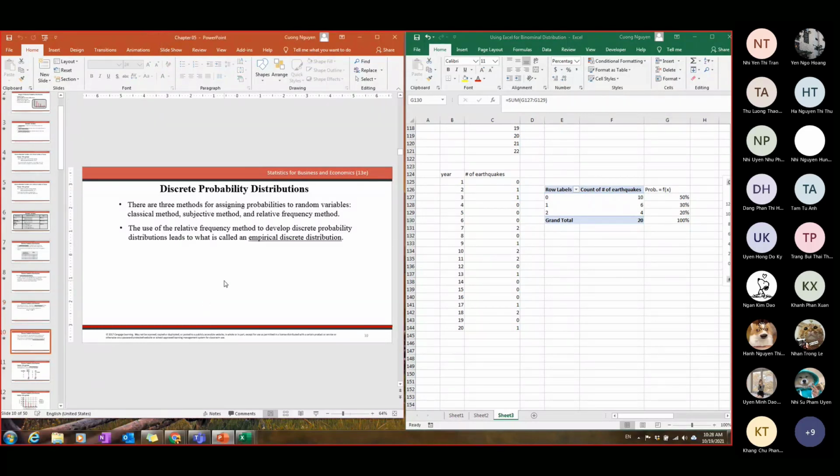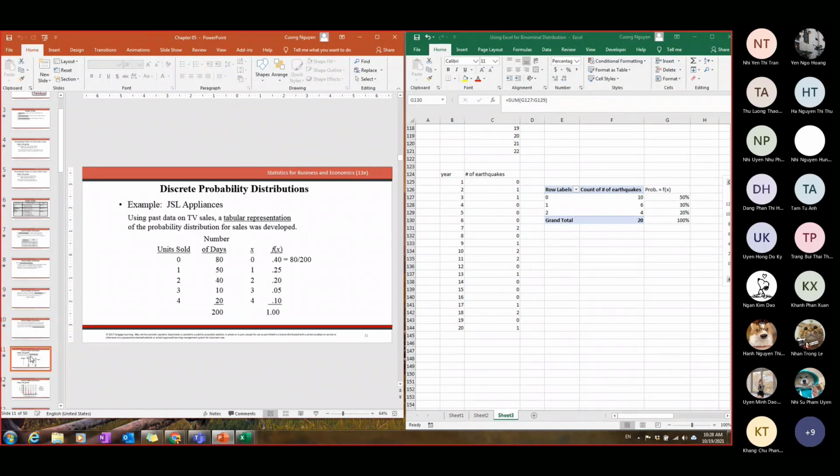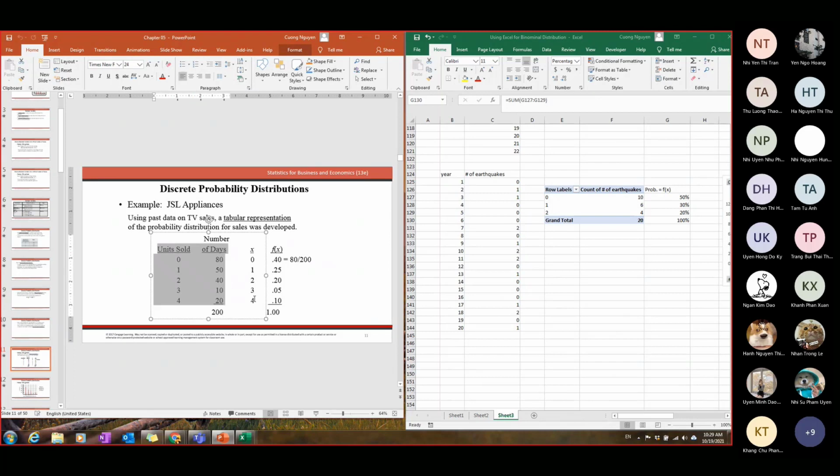Okay, we can go through this one and talk about what we really want to do. I will go through this a little bit fast. The same as this one, we collect the table representation of how we generate it. For example, the units sold for the number of TVs for each day, from 0 to 4, and we collect the data like this. So the same units sold, and then the number of days in a year. So that's meant in a year.